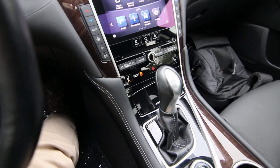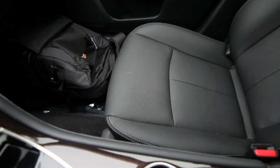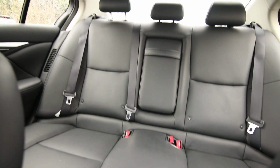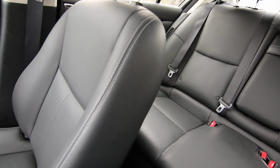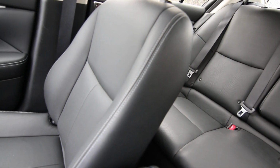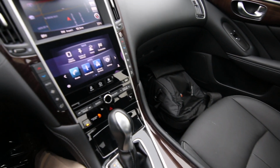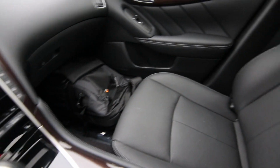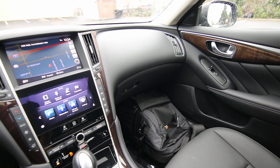Today I'm going to tell you about this beautiful 2016 Infiniti Q50H all-wheel drive. The H stands for hybrid. This one features Infiniti's amazing direct response hybrid system. It's not just a hybrid system to improve gas mileage, but it's also a performance hybrid system offering a combined output of 360 horsepower. Aside from the Red Sport 400 Q50, the Q50 hybrid is actually the second highest performance